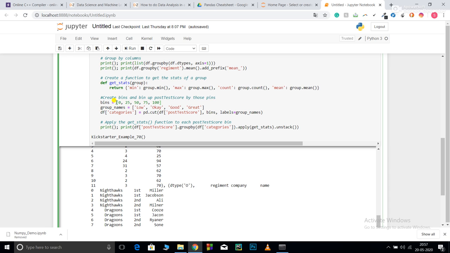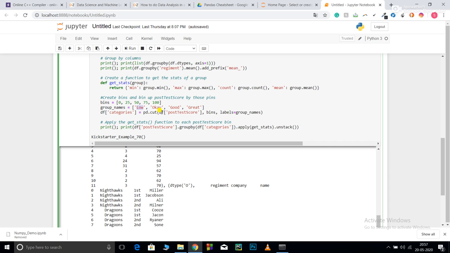After that, I've created group names. So 0 to 25 is named low, 25 to 50 okay, 50 to 75 good, and 75 to 100 great. Now I'm creating a new column under the name categories using pd.cut. pd.cut is basically used at the time of binning. You can check more about this function by searching pd.cut on Google, and it will take you to its pandas documentation.